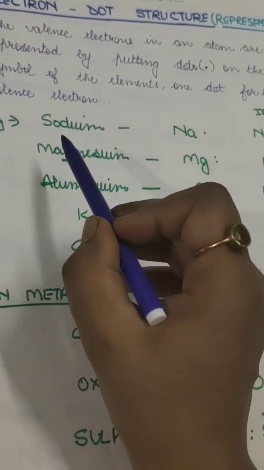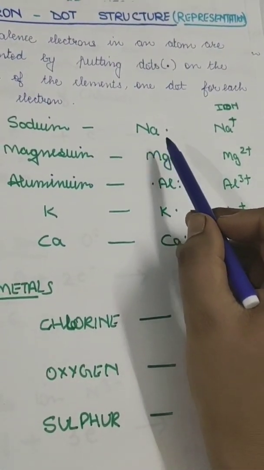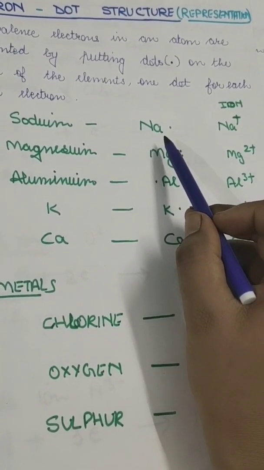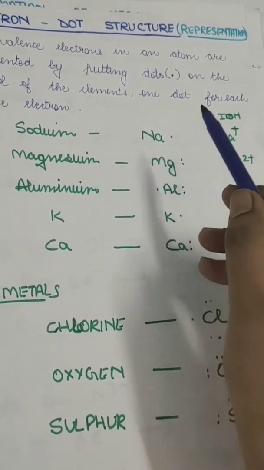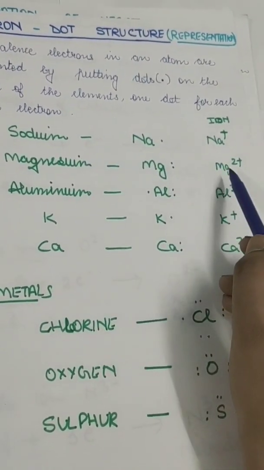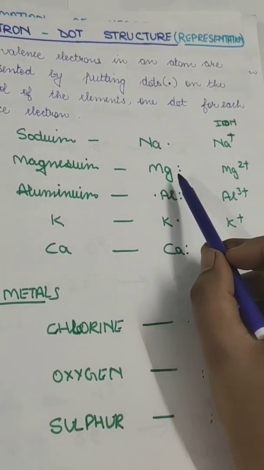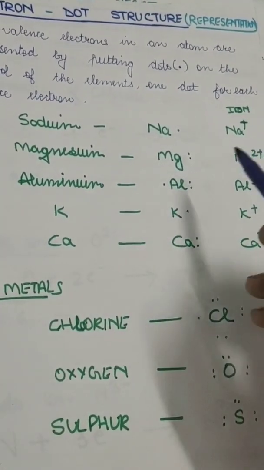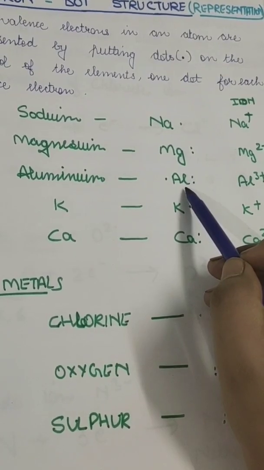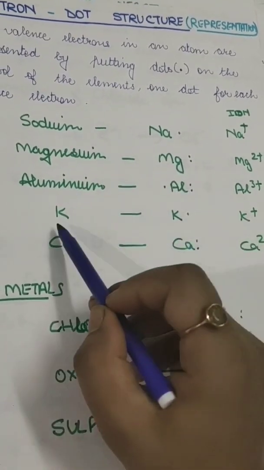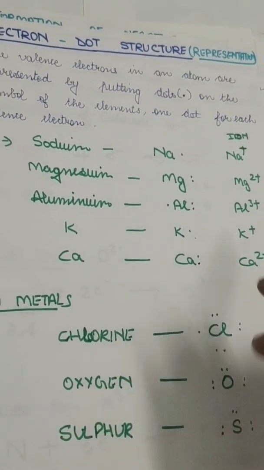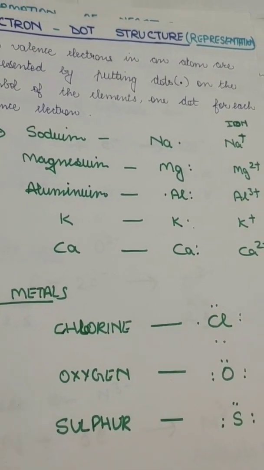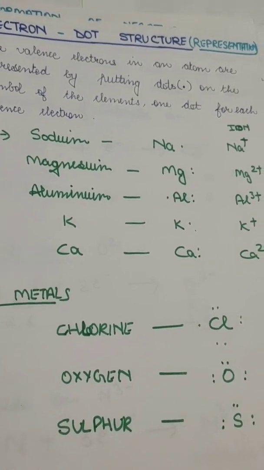Like if we are talking about sodium, sodium has only 1 electron in its outermost shell, so we represent it with 1 dot. In the case of magnesium, we have 2 electrons in the outermost shell, so we represent it by 2 dots. In the case of aluminium, we have 3 electrons in its outermost shell, so here are 3 dots. Potassium has 1, so 1 dot, and calcium has 2, so 2 dots. This is how we explain this dot structure, because we already know that